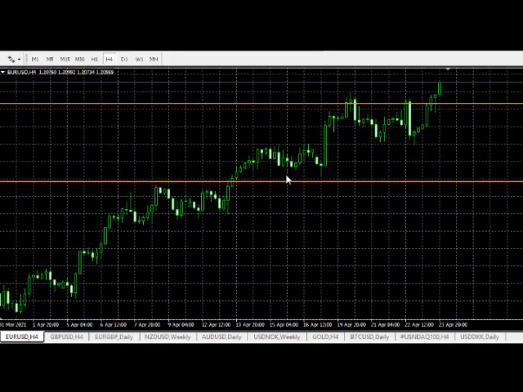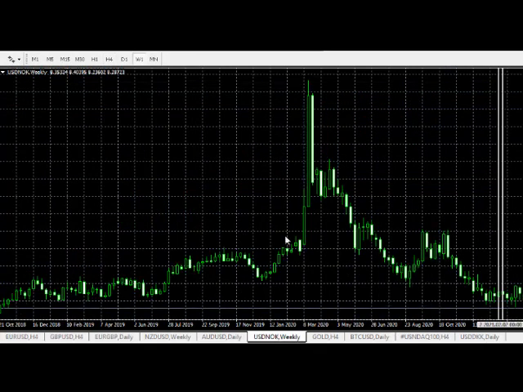Now, let me give you an example of non-trending pairs. These pairs don't have any trend. They just behave the way they like. Let me give you an example with this exotic pair called the USD NOK. As the name depicts, this pair is built to give traders a knock in the head. So you see, this is USD NOK. It doesn't have any